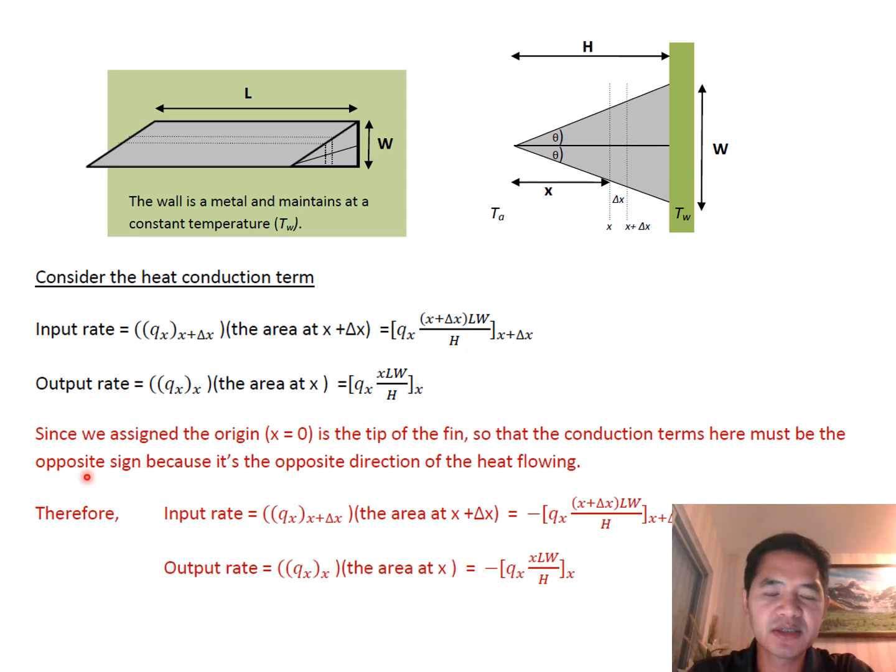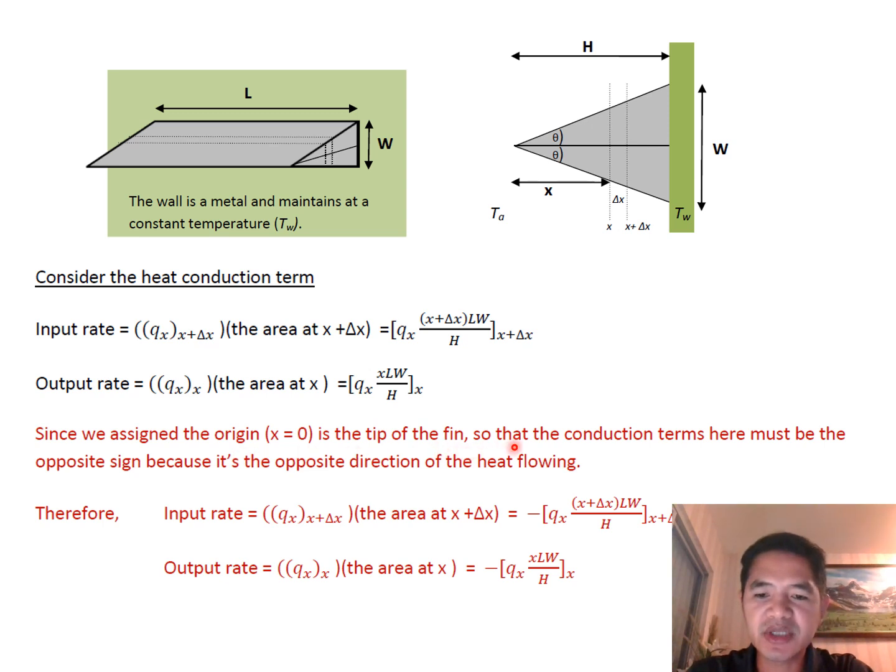And here, since we assign x equal to 0 at the tip, and here at the wall it is x equal to x. So that means it's the opposite side that the heat is flowing, because heat flows from the wall temperature T_w to the tip. So here, since we assign the origin x equal to 0 at the tip of the fin,